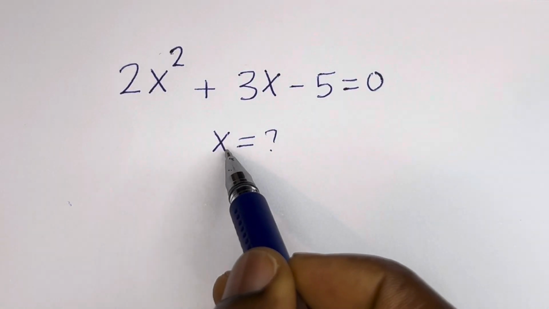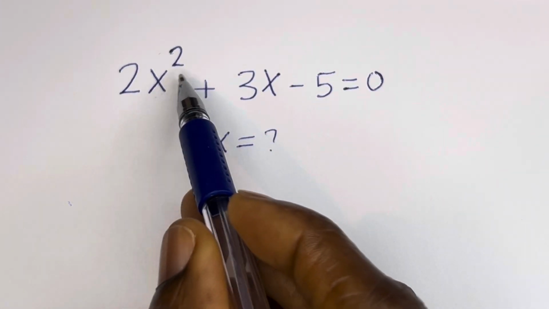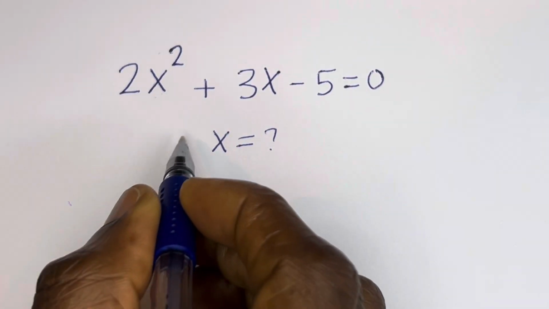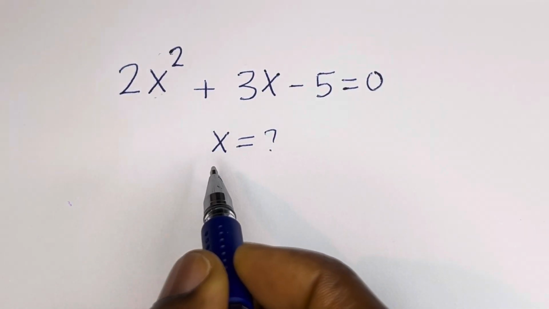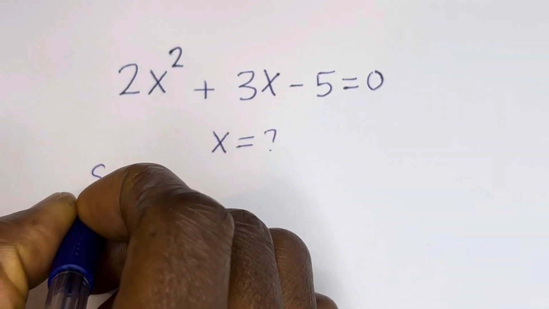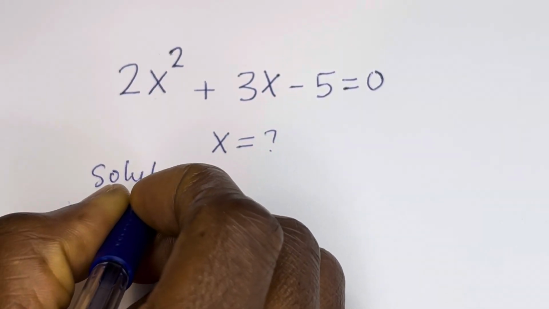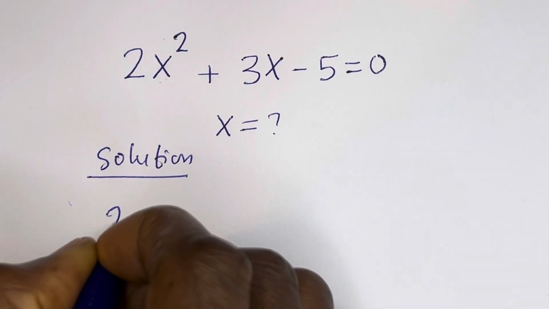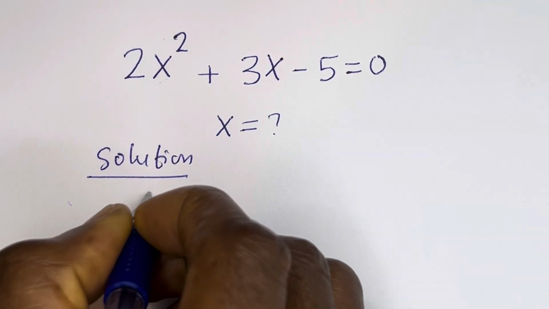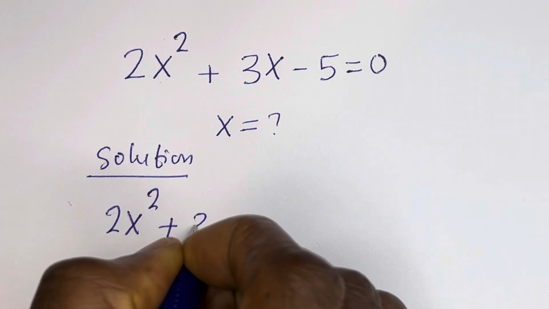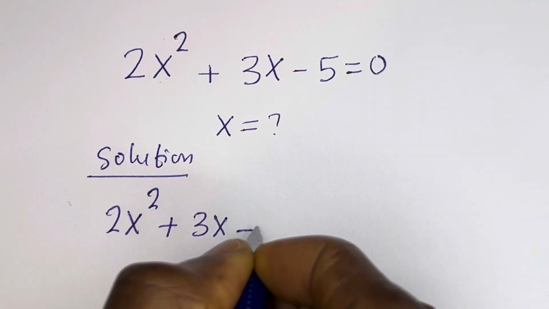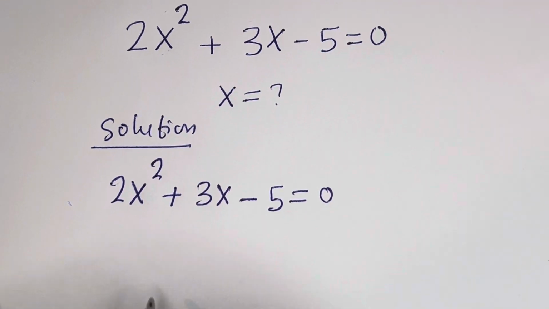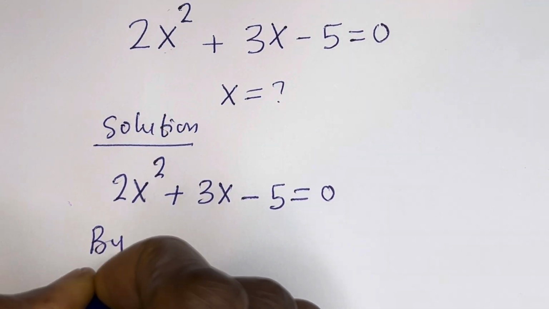Hello, how to solve for s in this equation: 2s squared plus 3x minus 5 is equal to 0. We want to solve this problem using the quadratic formula. Solution. We have 2s squared plus 3x minus 5 is equal to 0. By the quadratic formula,